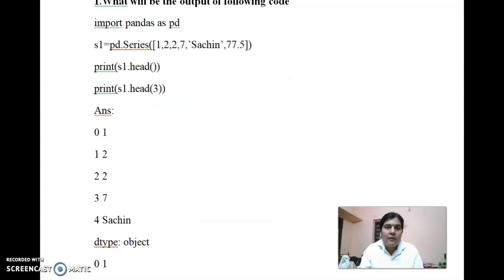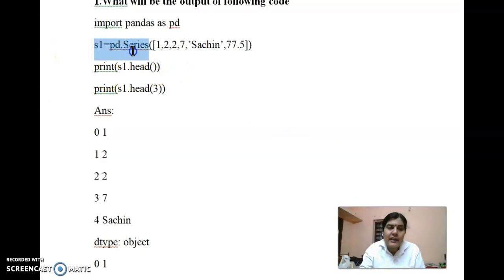We all know there are head and tail functions used in Pandas series. By using the head function, we can access the first elements of a series, and by using the tail function, we can access the last elements of a series. We can use head and tail in two manners: by using parentheses with no element, and parentheses with an n value. If we use empty parentheses, then the first 5 elements will be returned.